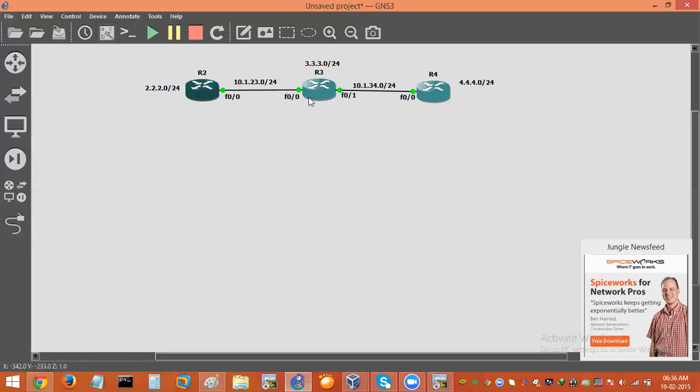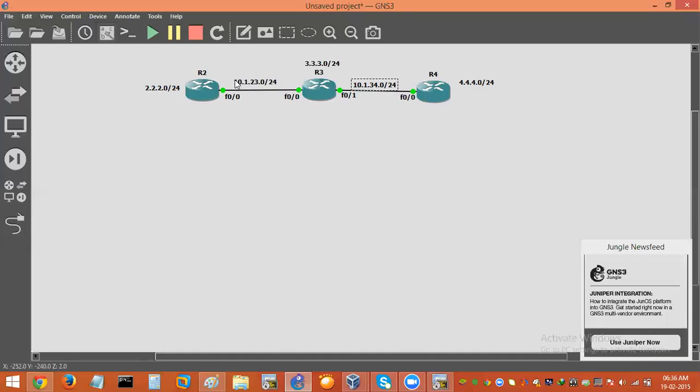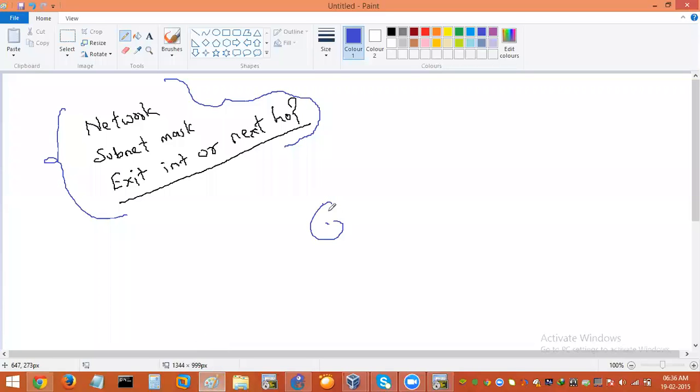If R2 wants to reach 10.1.34.0, the best possible way for R2 is again the FA0/0 interface. If R2 wants to reach 4.4.4.0, again the direction towards 4.4.4.0 is going to be the FA0/0 interface, right? Because from the topology itself, guys, this is just like normally when you have some destination over here. Let's say you are standing here